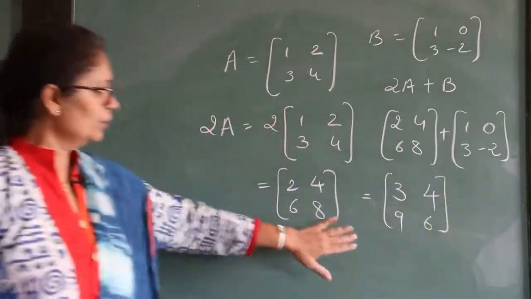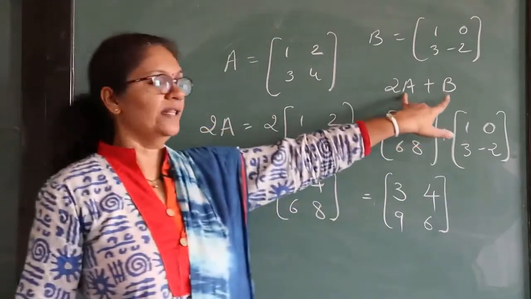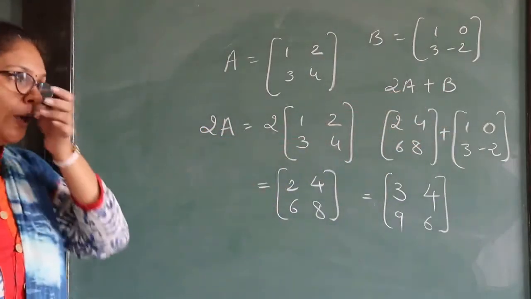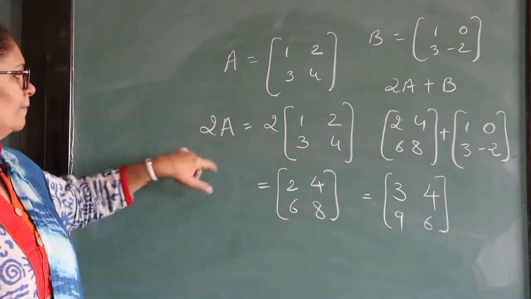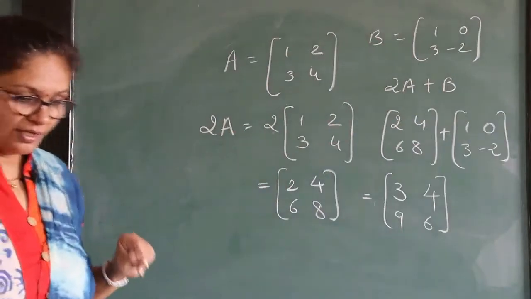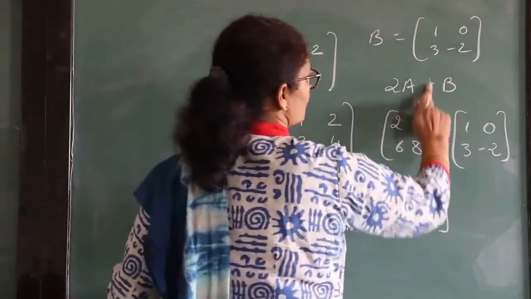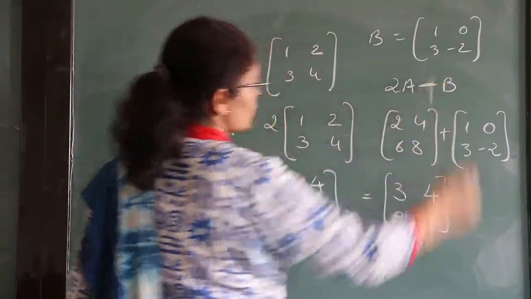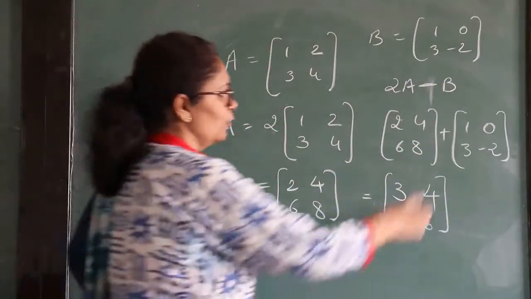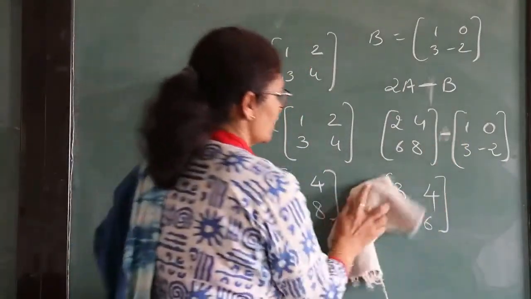6. Now we learn two things, one multiplication with scalar and then addition also. So two algebraic operations we have performed together, that one is multiplication with scalar and second is addition. Now same way, how I have added, we can subtract also. So if your question is 2A minus B, now only I have to make one change, that is minus sign here. Now let's change our answer.